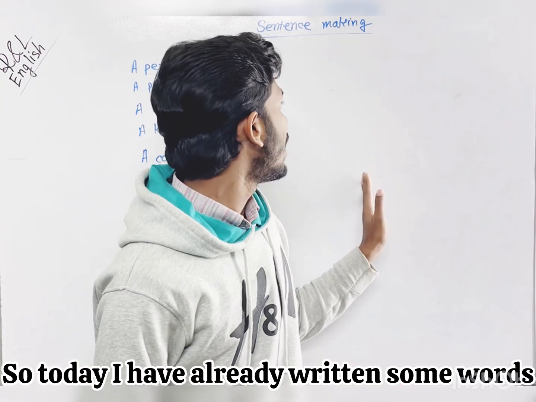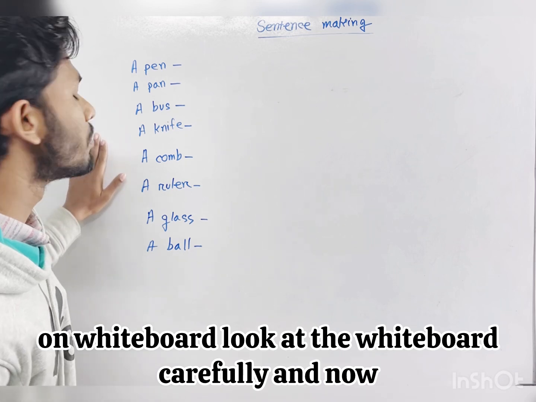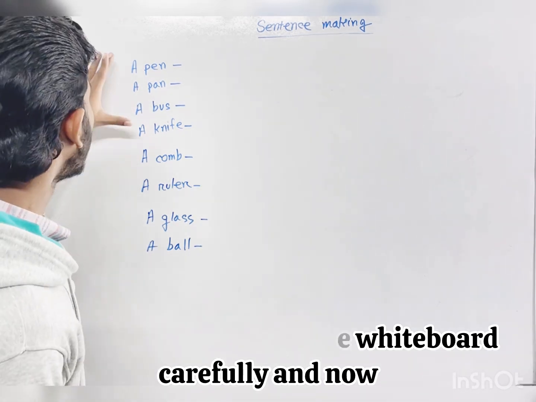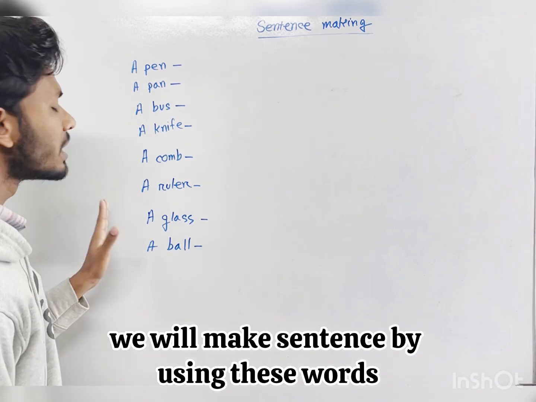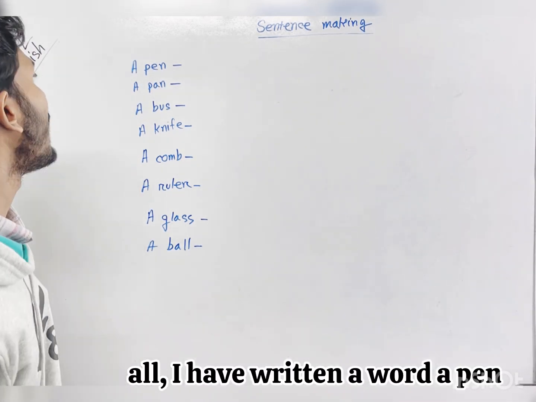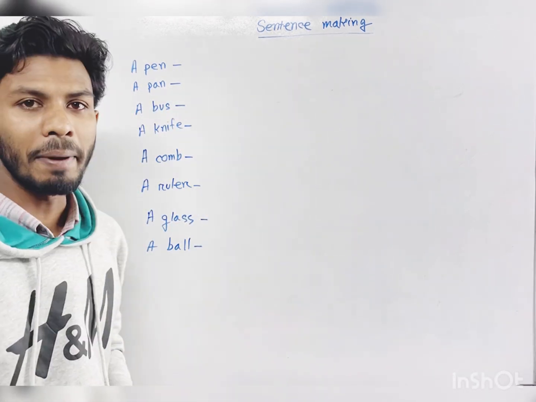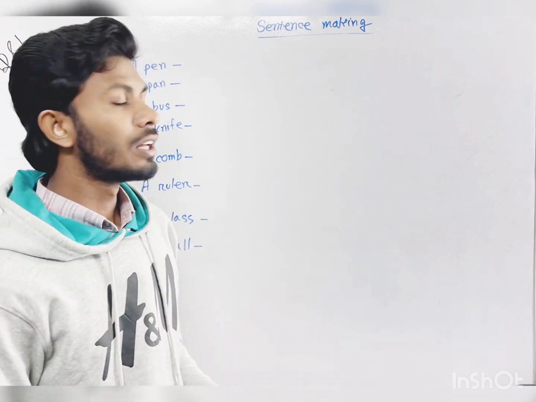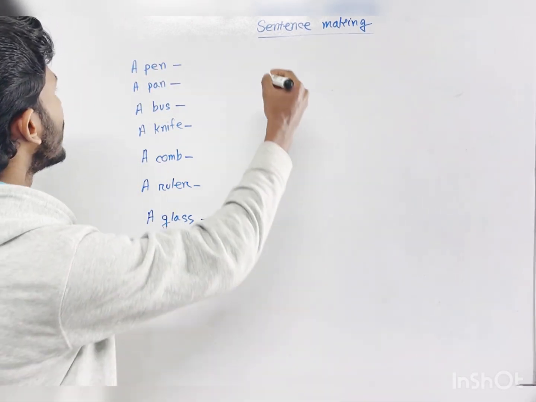So today I have already written some words on the whiteboard. Look at the whiteboard carefully, and now we will make sentences by using these words. First of all, I have written a word, a pen. How can we make a sentence by using this word, a pen? We know the meaning of the word, a pen. So the first sentence is, we can say,